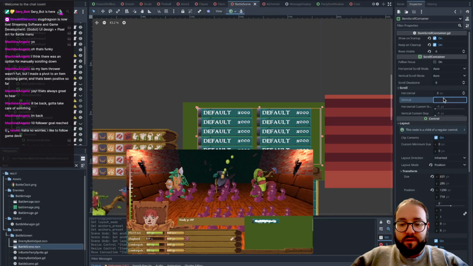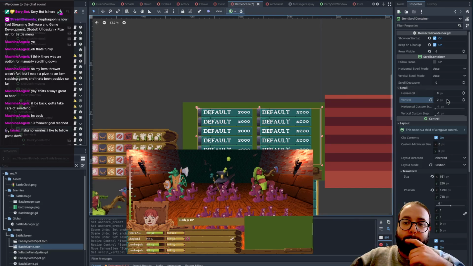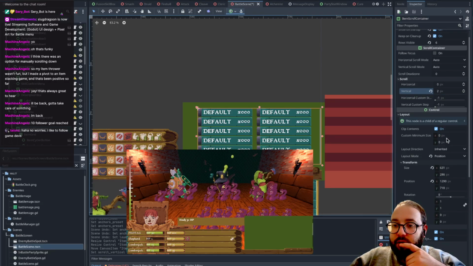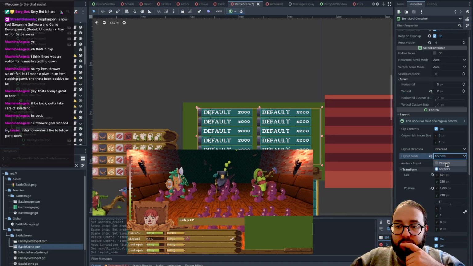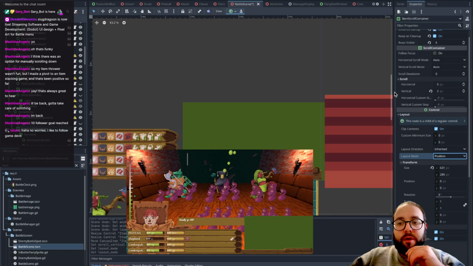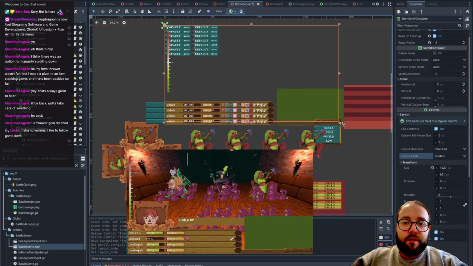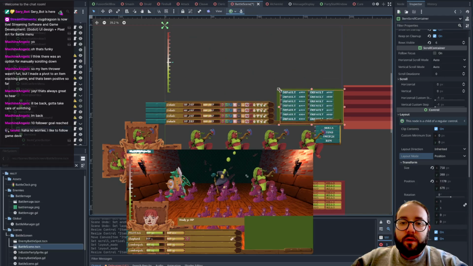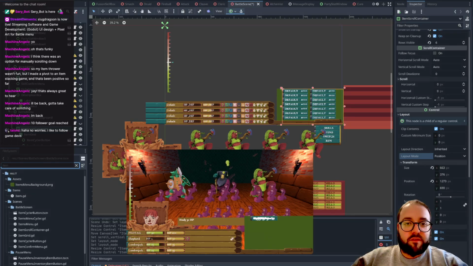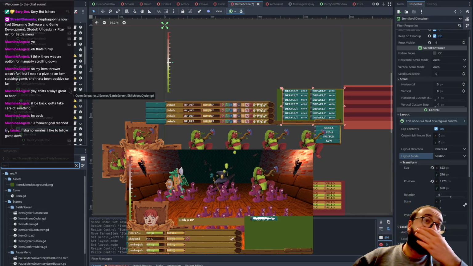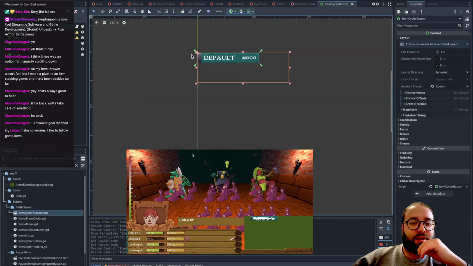So let's see. Yeah, it can't fit the whole thing. That's not what I want. I should probably not screw with those anchors. Just getting everything to scale properly has been fine if I just put the anchors up in the top left corner, it seems like, but